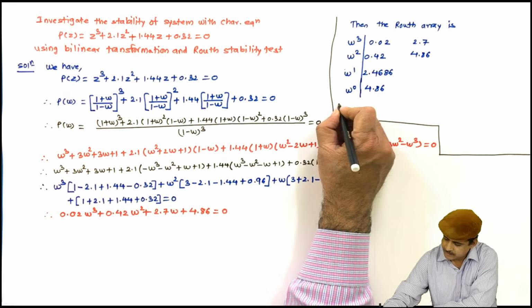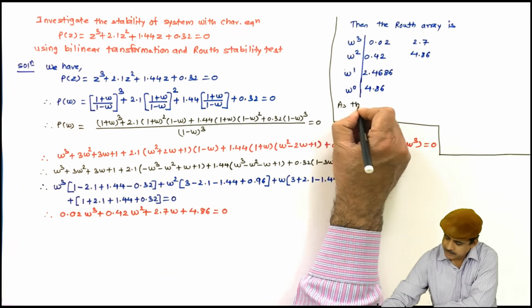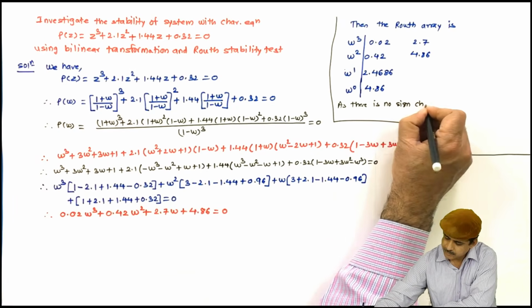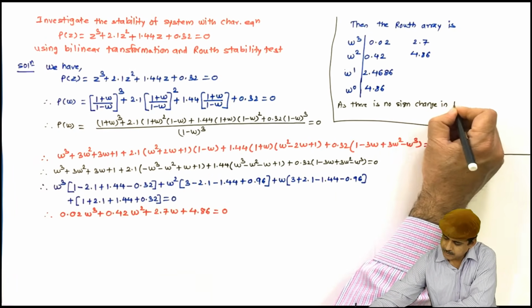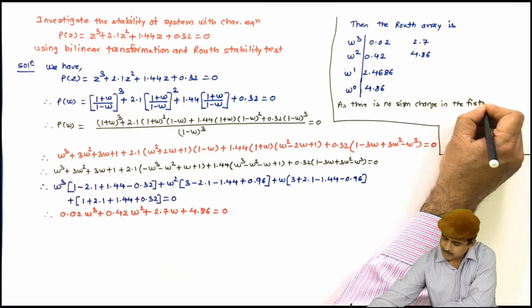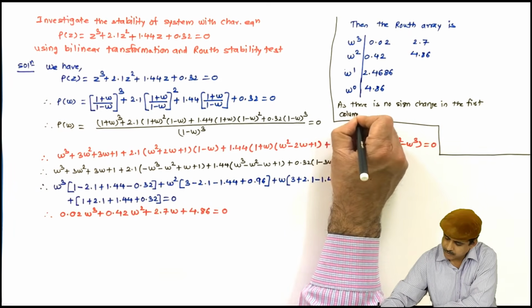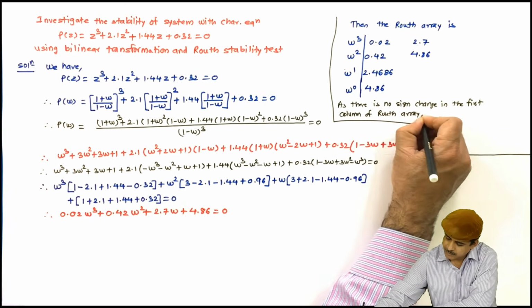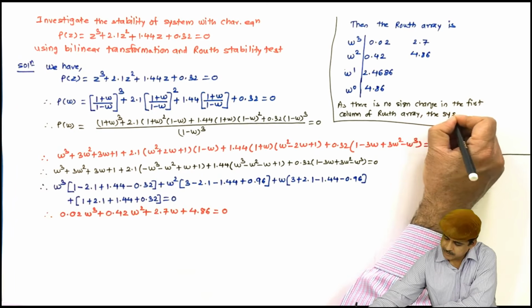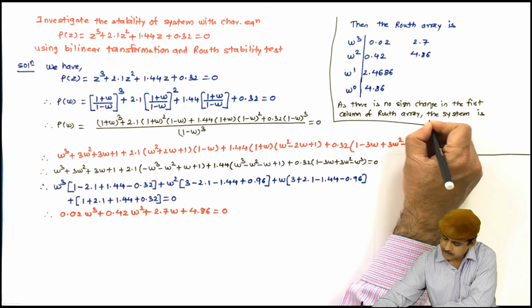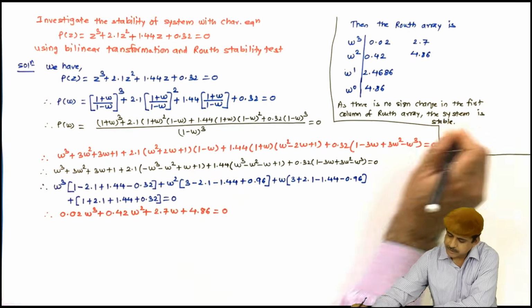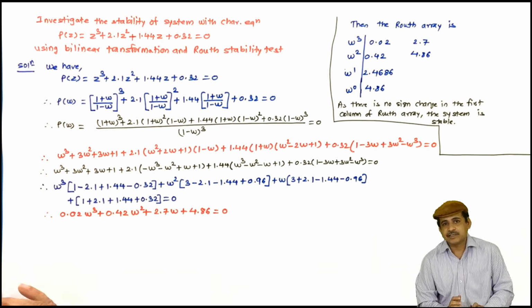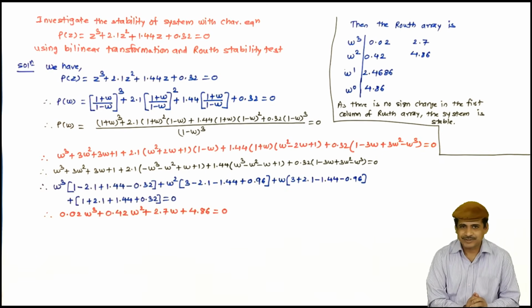So as there is no sign change in the first column of the Routh array, the system is stable. Done. No doubt, the Routh stability test has far fewer computations as compared to the Jury stability test, and this